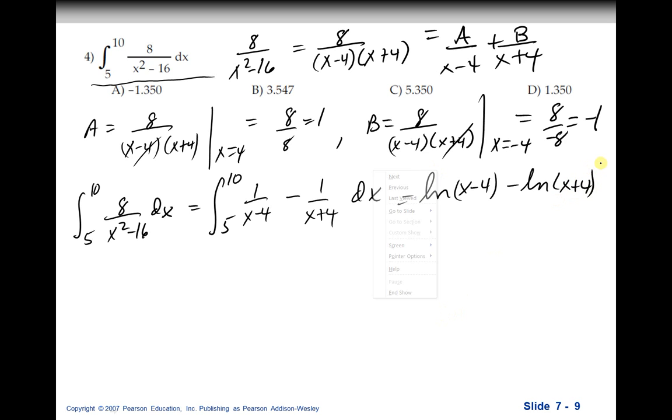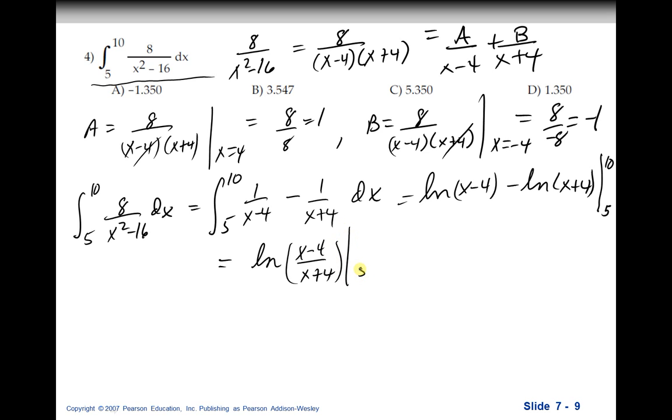And we want to evaluate it between 5 and 10. And you could go ahead and evaluate that or write it as ln of (x - 4) over (x + 4),